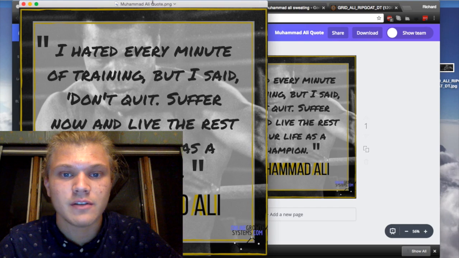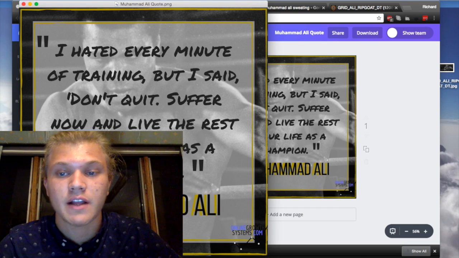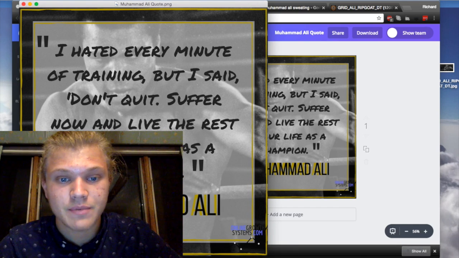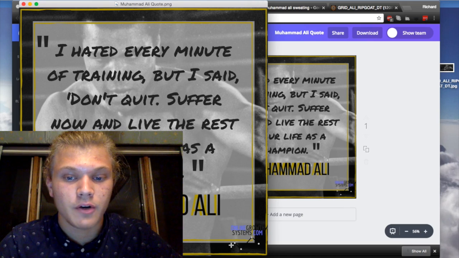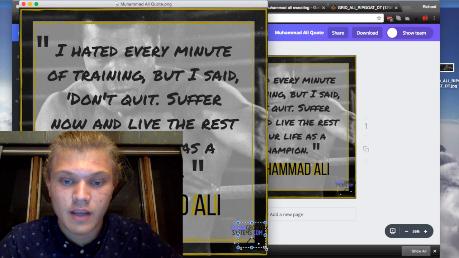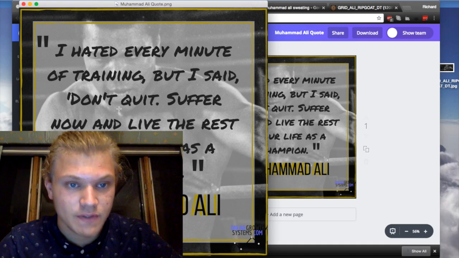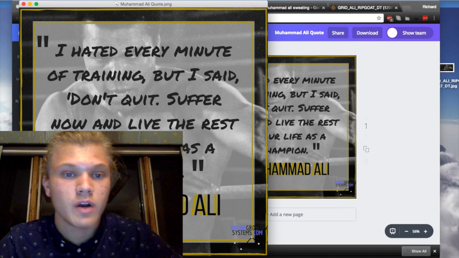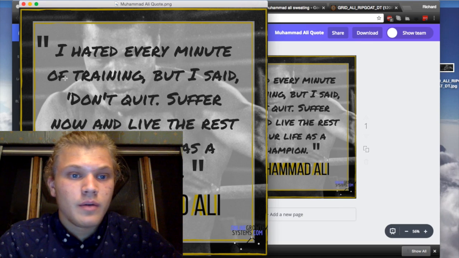God, look at that high resolution. See how crystal clear that is on a huge like laptop screen? It's going to look even more beautiful on a mobile phone. You can see all the thing right here came out nice. The shadow looks great. The borders look great. You can still see Muhammad's face getting a little sweaty working out. Perfect. I love it. It's excellent.